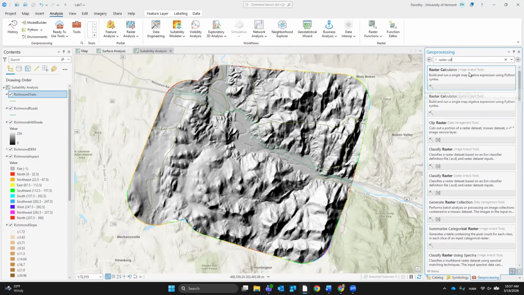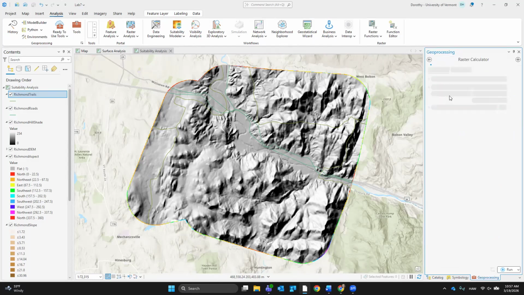So image analysis is using Python. Oh, this one's using Python too. But what are we doing? Are we looking at an image or are we analyzing spatial tools? We're actually analyzing spatial tools. So an image would be something like my drone data that I'm using for the whales, and then we break it down from video into actual images. And so that's when we would use that image analysis setup. Okay. So raster calculator, spatial analysis tool.